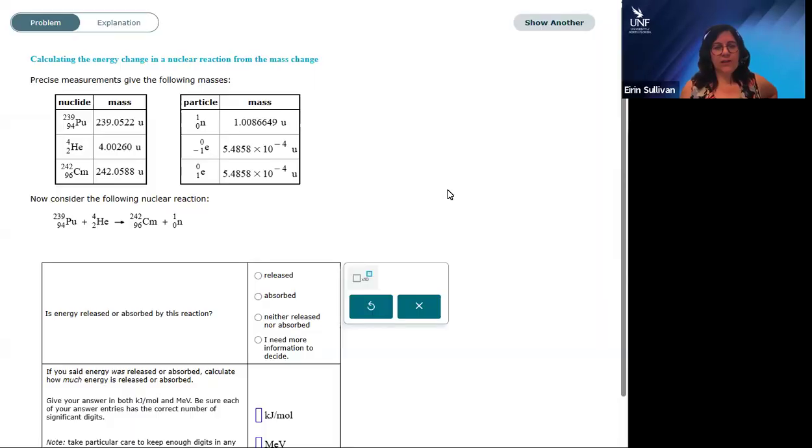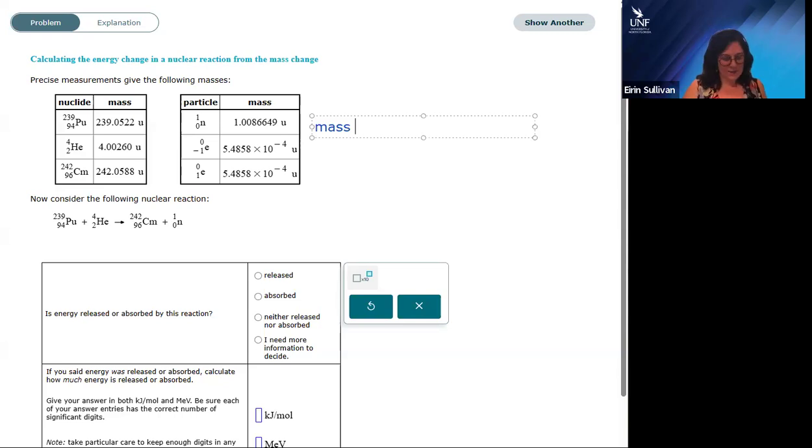Calculating the energy change in a nuclear reaction from the mass change. Okay, so what we need to do is add up the mass in AMU of the reactants and the mass in AMU of the products and work out the difference. If mass is gained, that means we're absorbing energy. If mass is lost between the reactants and the products, that means we're ejecting mass, which means we're losing energy,